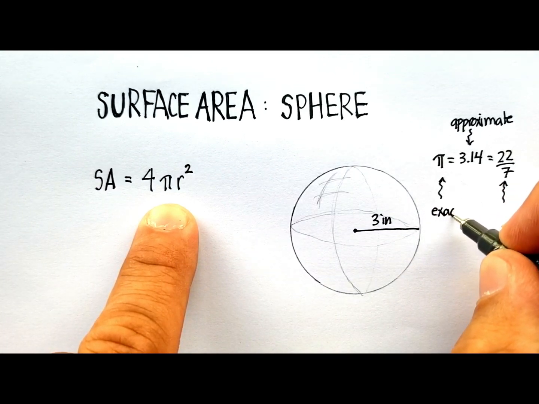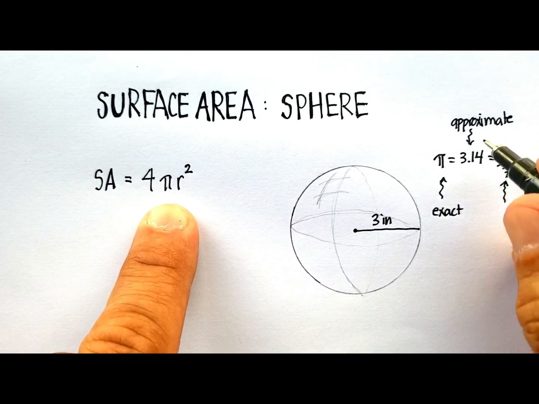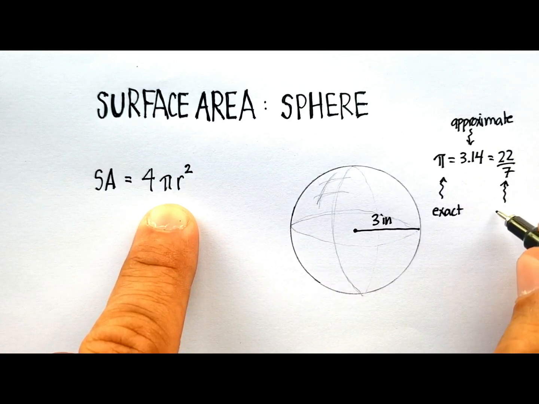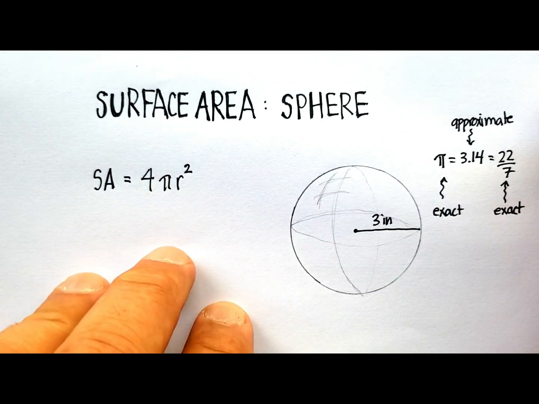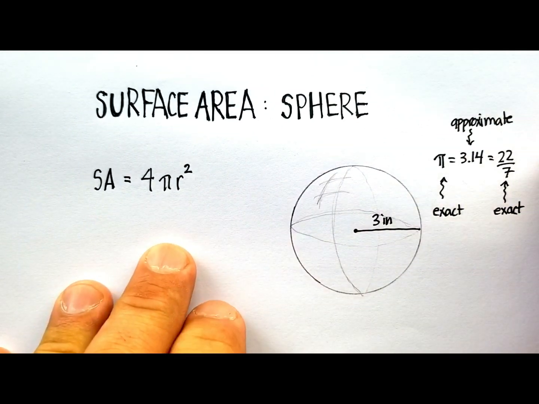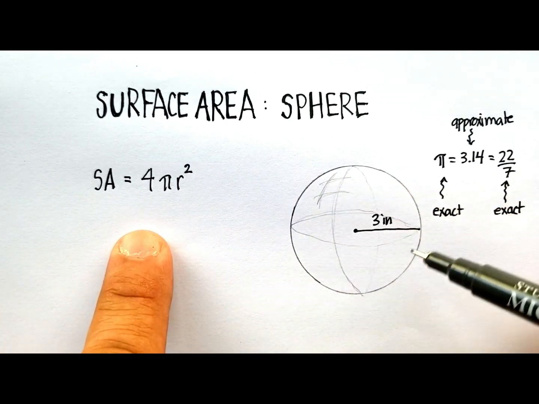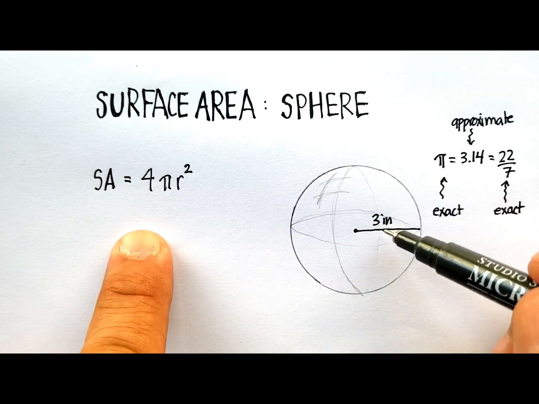You're probably thinking, wait a minute, is a fraction more exact than a decimal? And the answer is most of the time, yeah, absolutely. Unless you have what's called a non-repeating decimal. But anyway, that's something different. So what we're going to do is calculate the surface area of this particular ball with a